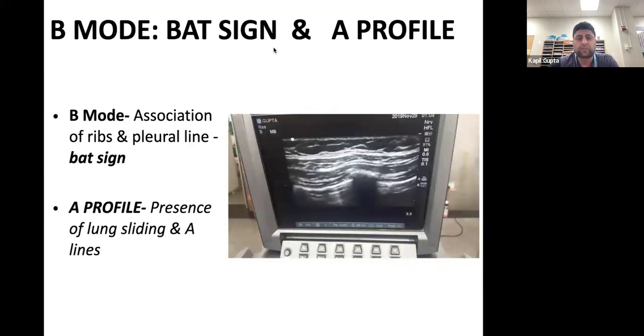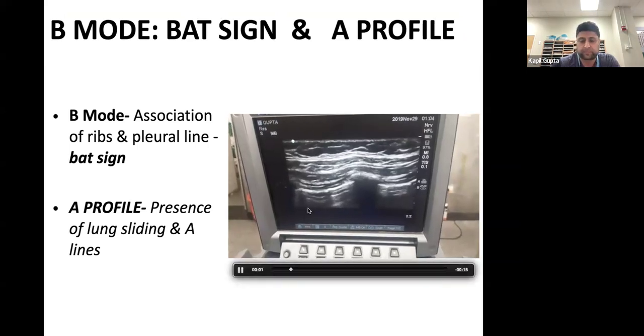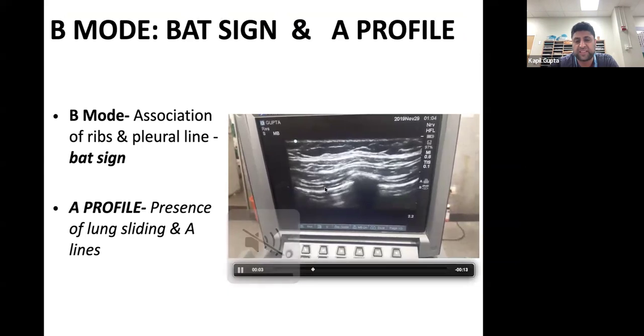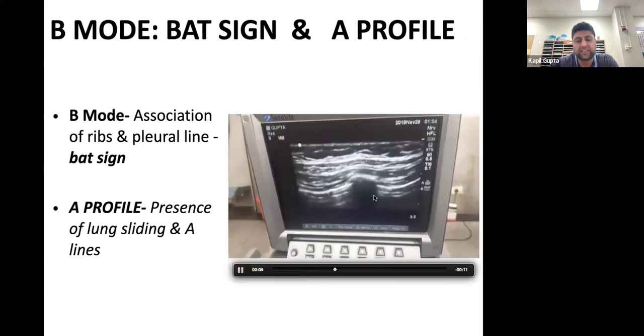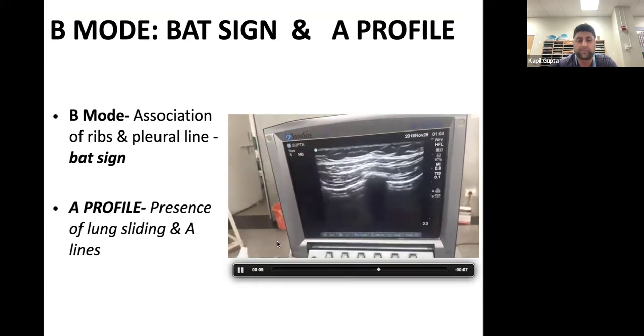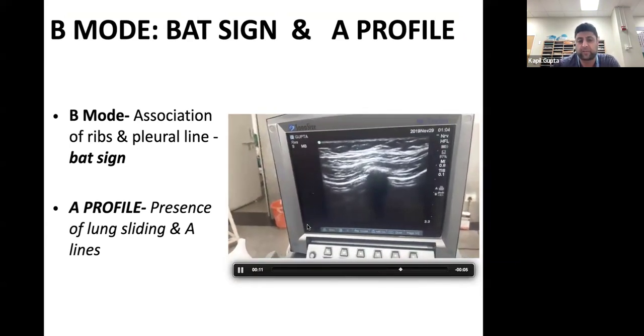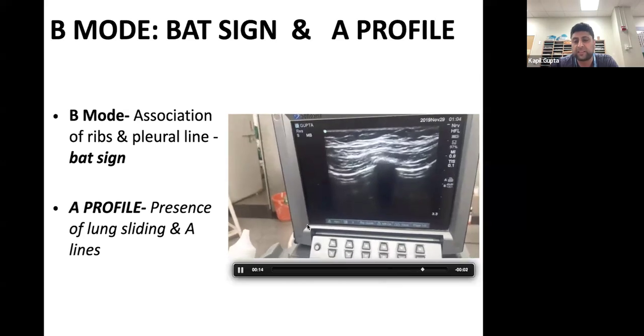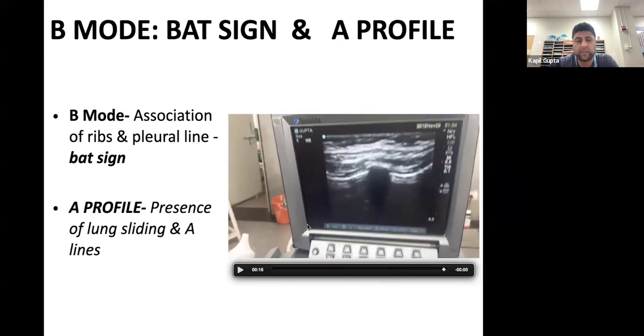So in B mode, we also call it the bat sign. As you can see in the center, there is the rib, and on both sides you have these pleural lines with this to and fro movement. This is also known as the A profile or bat sign, and it reflects a normal and healthy lung. This is what we all want to see all the time. And this is in B mode,